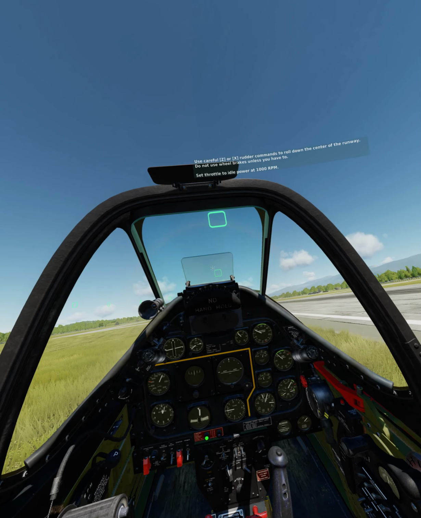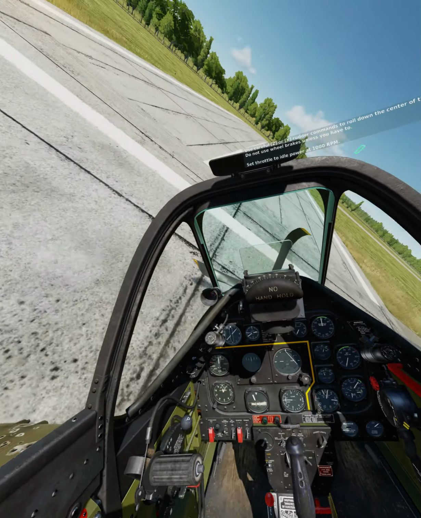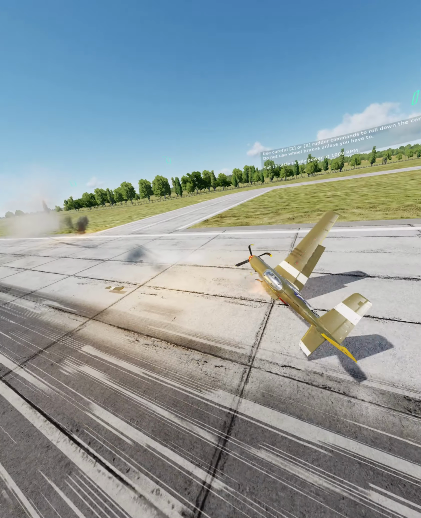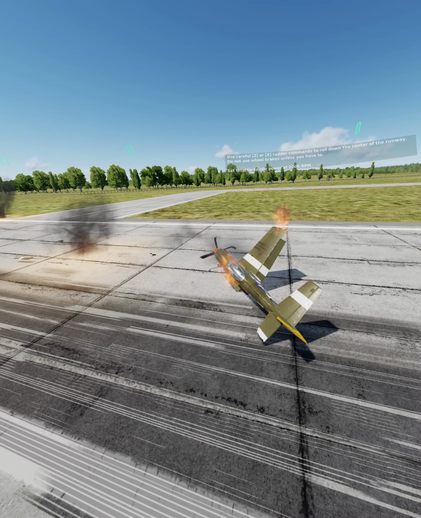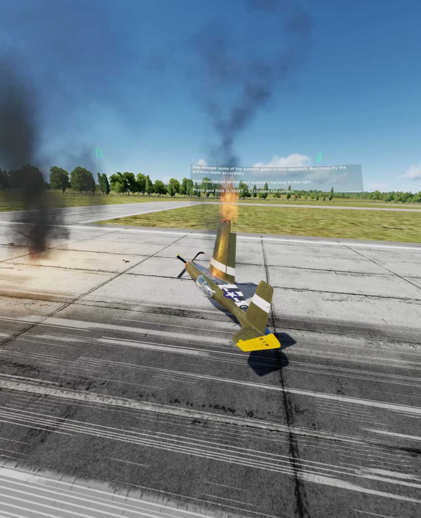Use careful Z or X rudder commands to roll down the center of the runway. Do not use the wheel brakes unless you have to. Set throttle to idle power at 1000 RPM. You missed some of the pattern gates in your approach. Next time, fly the